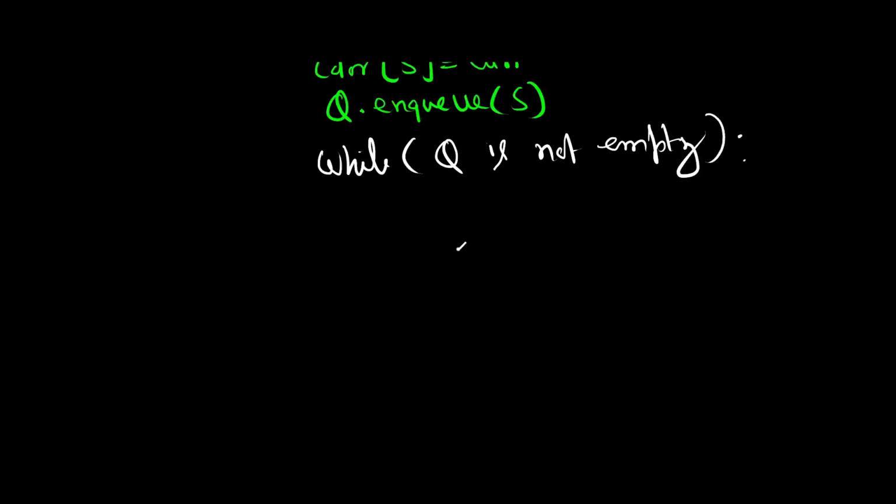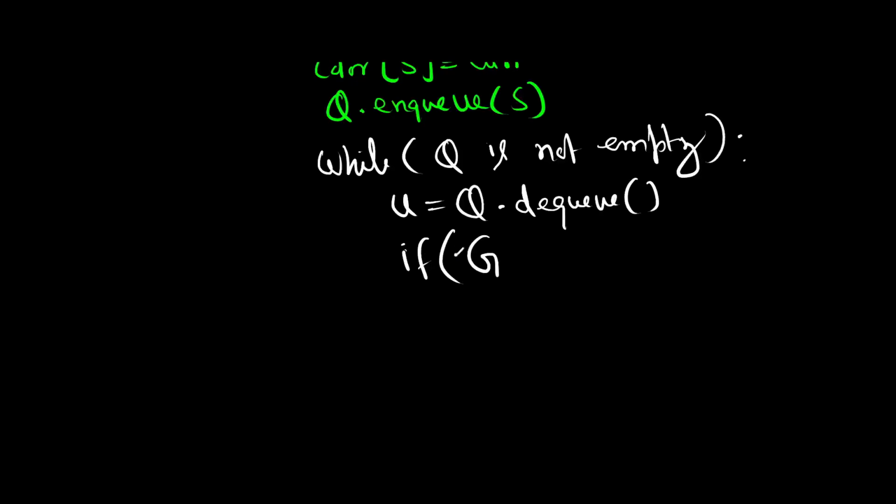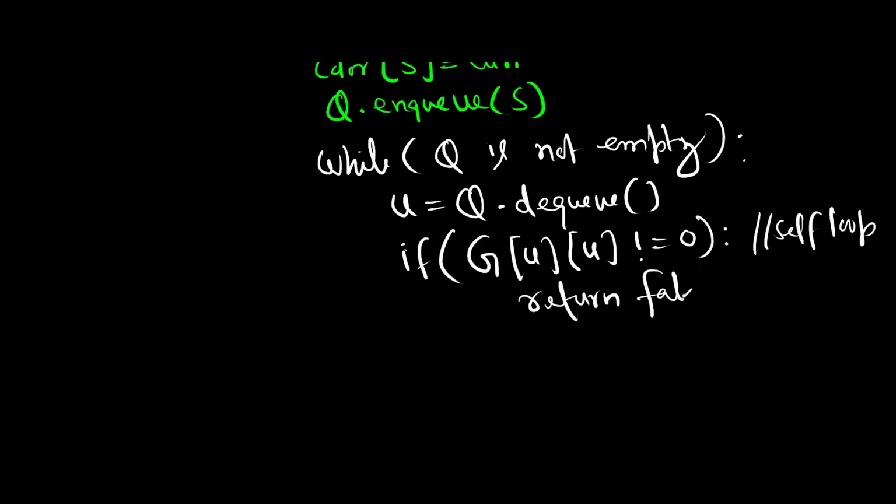Okay, so what we are going to do, we are going to dequeue, right? And we'll get a node. After that, you can check, for the node that we are dequeuing from the queue, we have a graph here, right, that we have been passed from above, and you can check whether there is some self loop to this or not. We are basically checking for a self loop here. So if there is a self loop, we can simply return false. So in case of a self loop, the graph will not be bipartite.